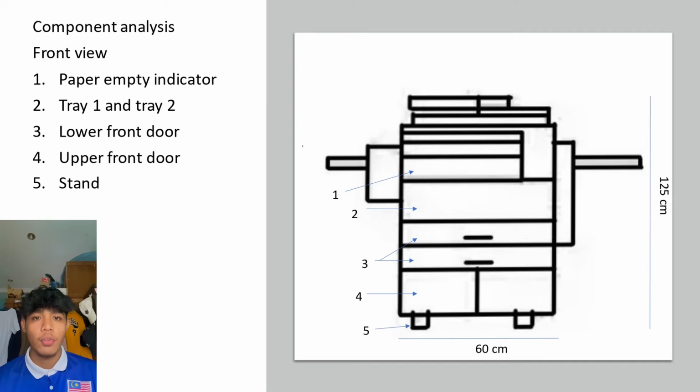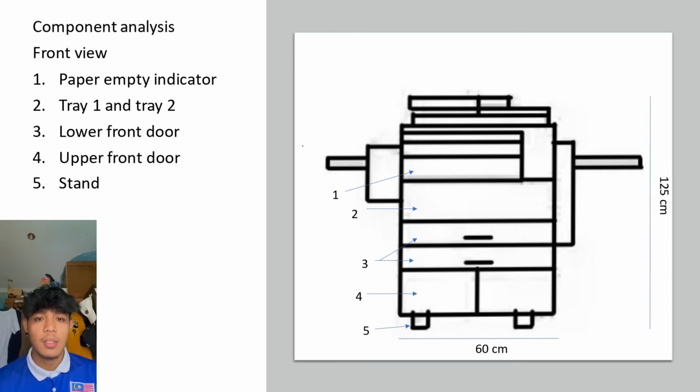Next, from the front view. Paper indicator flashes orange when a tray runs low on paper and lights up when a paper out occurs. Tray 1 and tray 2 allow you to load up to 500 sheets of paper. Lower front door: open this door to replace the waste toner box or imaging unit and to clean the print head glass. The upper front door: open this door to replace a toner cartridge, and the stand is used for this